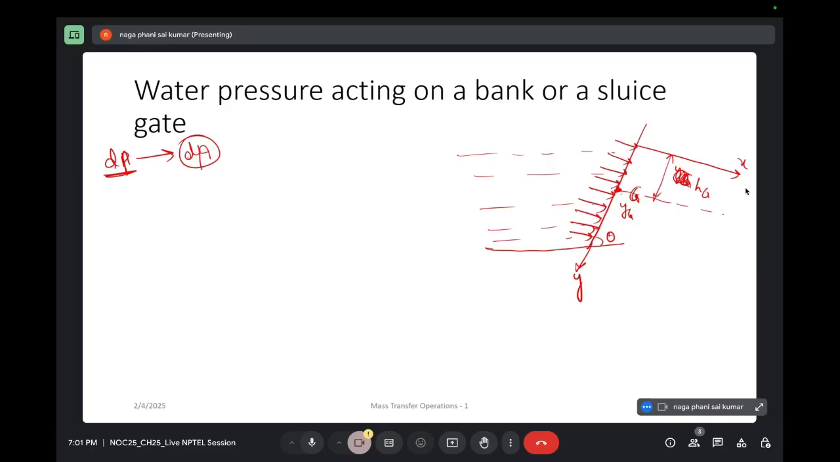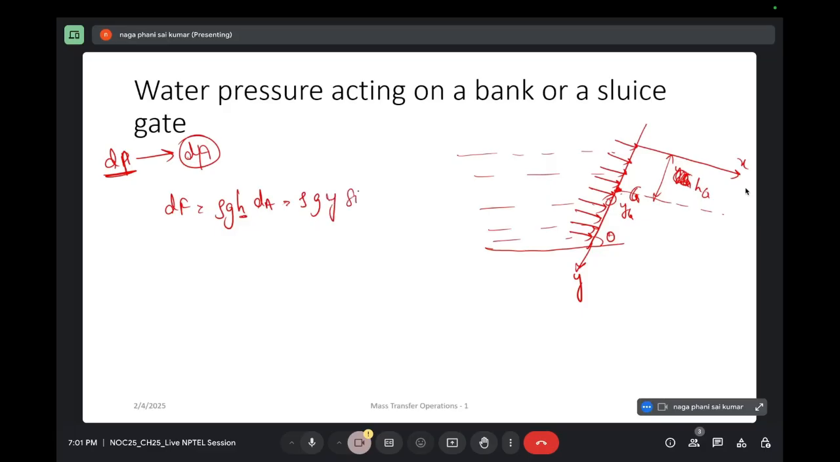So the total force Ft equals the product of pressure at the centroid and the water area of the bank wall, right? So let's say initially we'll calculate dF, that is dF is equal to rho g into h into dA, which is acting on a small area. Okay, so this will be equal to rho g into, if you convert it into y coordinates, it will be